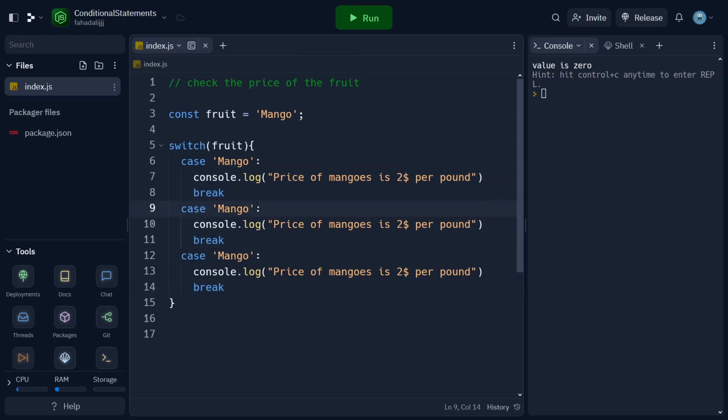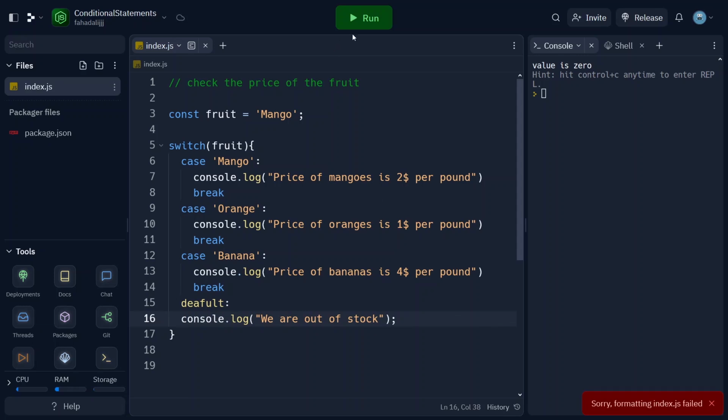It would be the orange, it would be the banana, $4. Now we will use the default statement here. If we don't have any fruit, we will write down we are out of stock. Let's just run this,